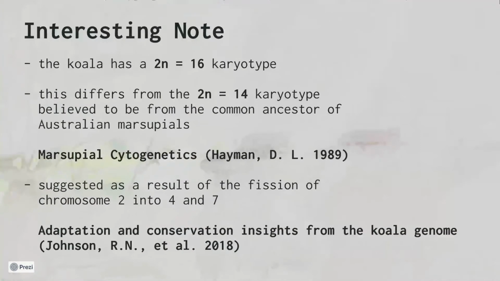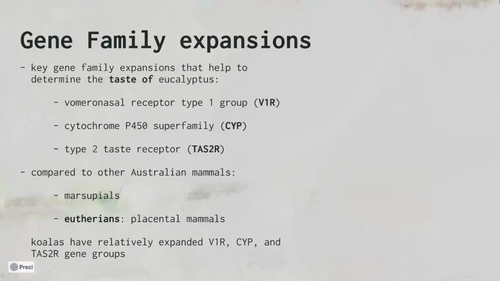Interestingly, the koala has 2n equals 16 chromosomes, which differs from the postulated conserved 2n equals 14 karyotype suggested in Marsupial Cytogenetics 1989. Johnson reports genetic variation in various regions of the koala's genome when compared to other Australian mammals, marsupials and eutherians. They describe development in the koala's vomeronasal receptor type 1 gene group, which augments their ability in